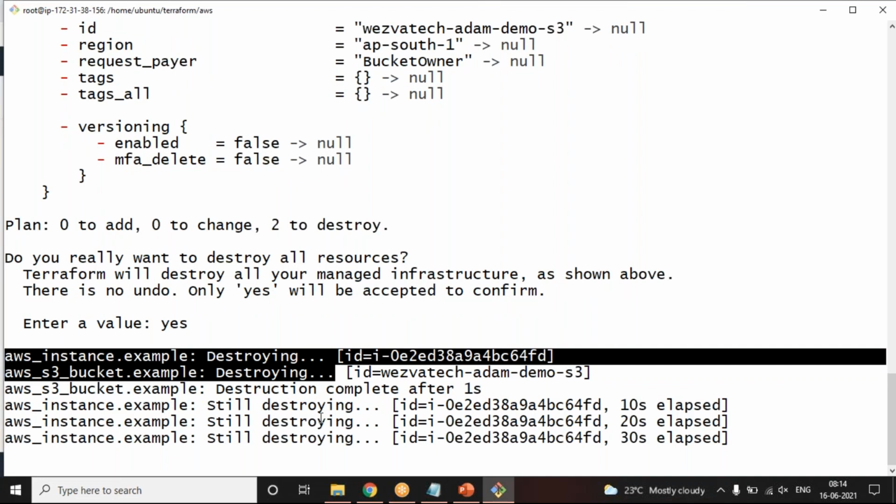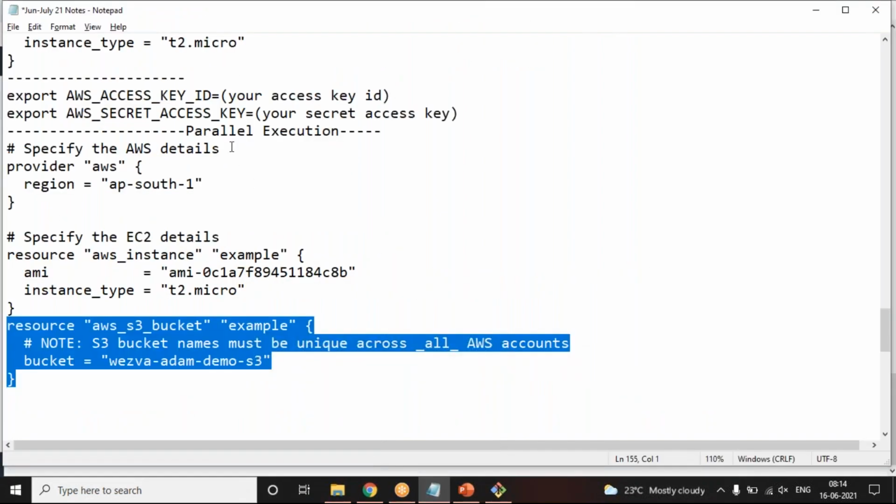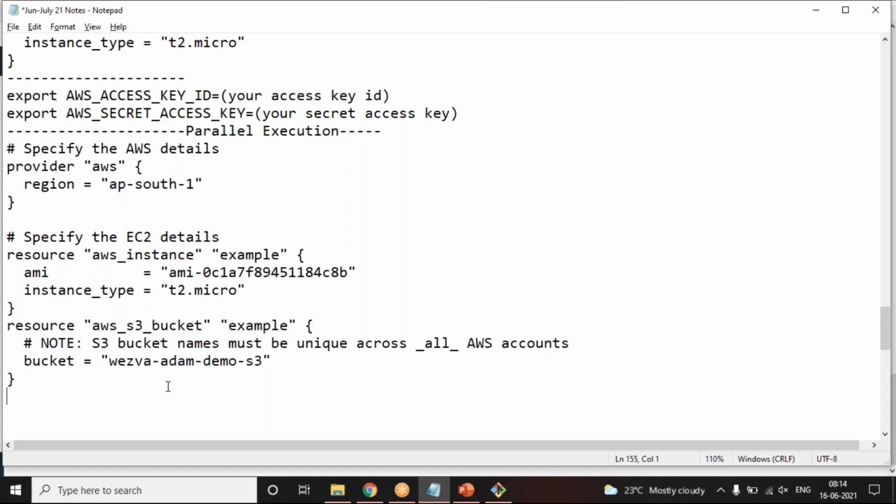Okay, clear on that first? On how it creates in parallel? Yep. Yes, Adam. Okay,